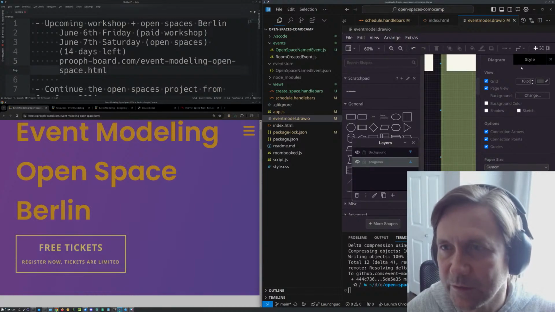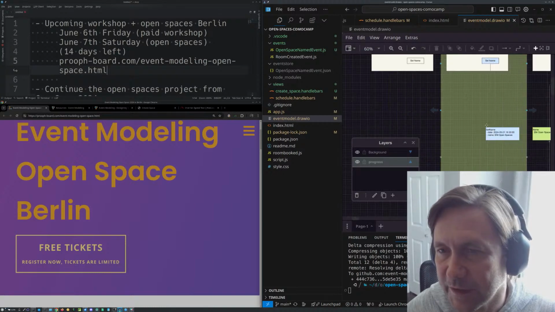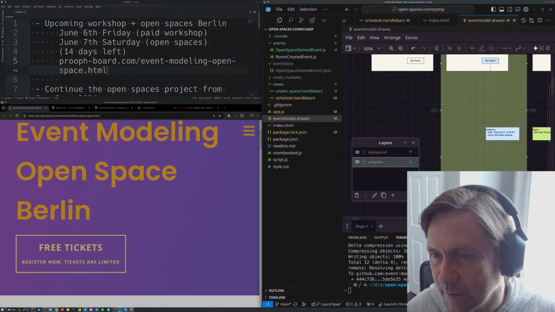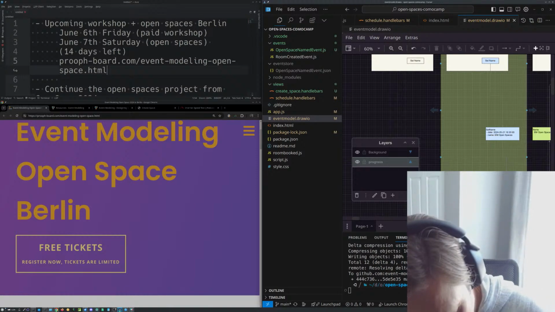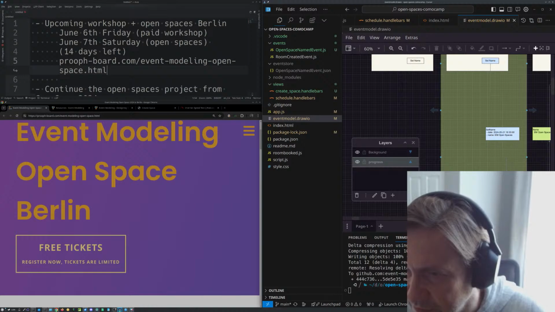Right, so let's get rid of these. Don't want the shapes, and we don't want the format. We want, I was gonna do, I think, yeah. And these shortcuts on